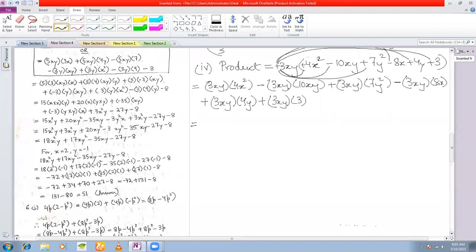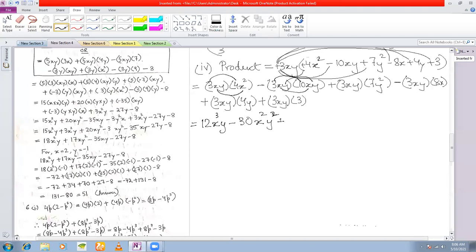First we multiply the constants. 4 into 3 will give you 12. x into x square, now I'm doing it directly since you are used to it, will give you an x cube, right? And you have a single y here, so you have a y. Anyone who did not understand? Can I do directly now? Yes, sir. Okay. So here 10 into 3 will give you 30, and x into x will give x square, and y into y will give a y square.